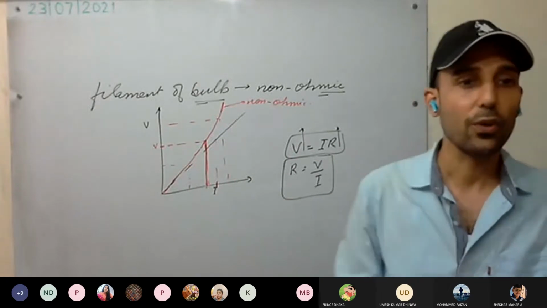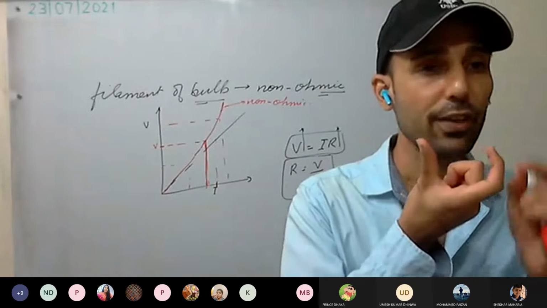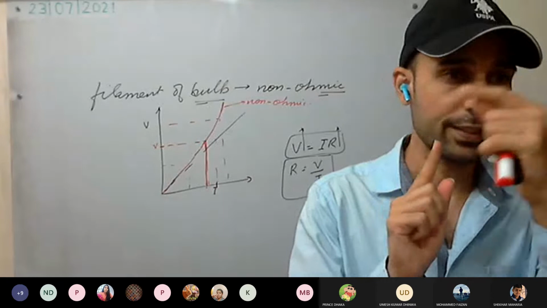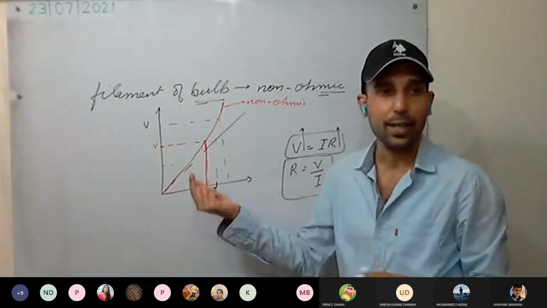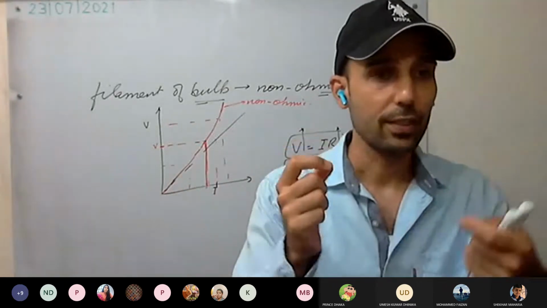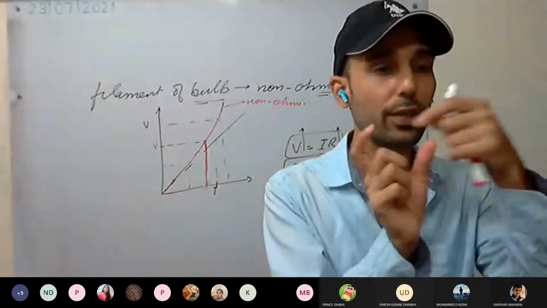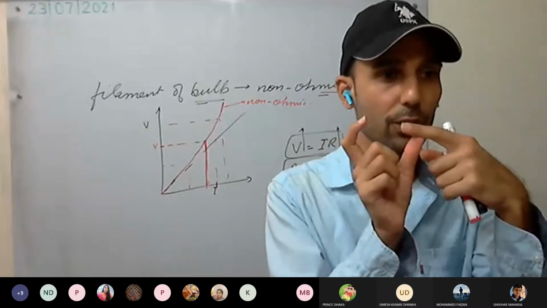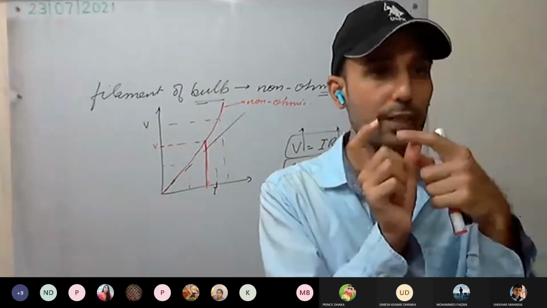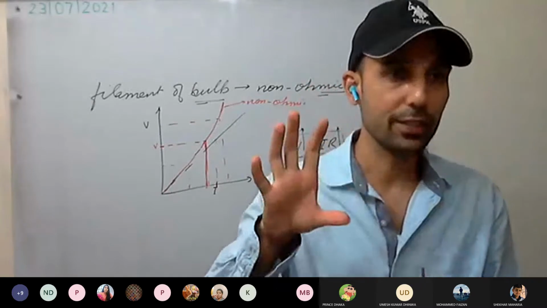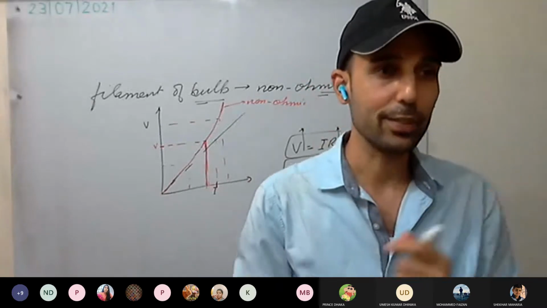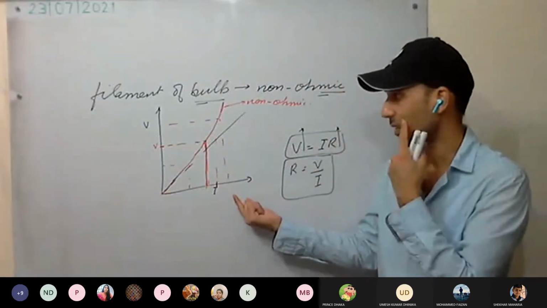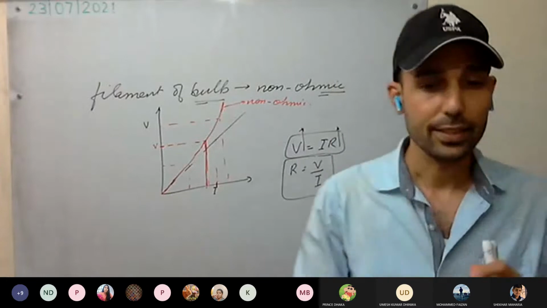This is clear. So for example, a bulb. Initially, if we apply less voltage, less potential difference, there will be less resistance. As we increase the potential difference, more and more resistance will be there, which means more obstruction to the flow of current. This time less current will flow. More obstruction to the flow of current, more heating will be generated. More heating means more light. Understood? This is clear with the bulb. Is this clear?